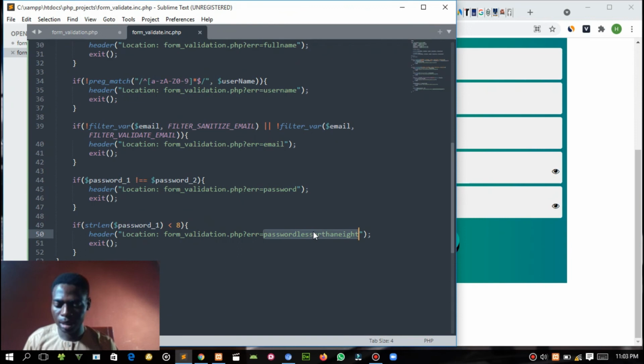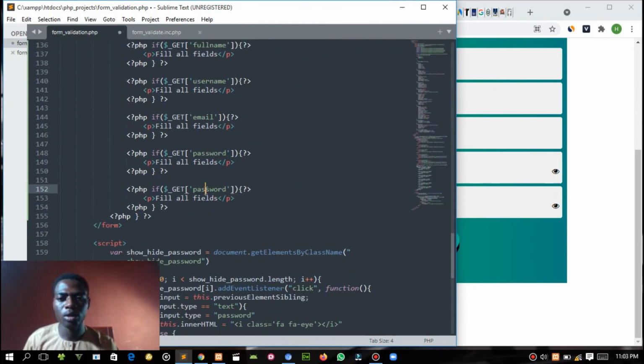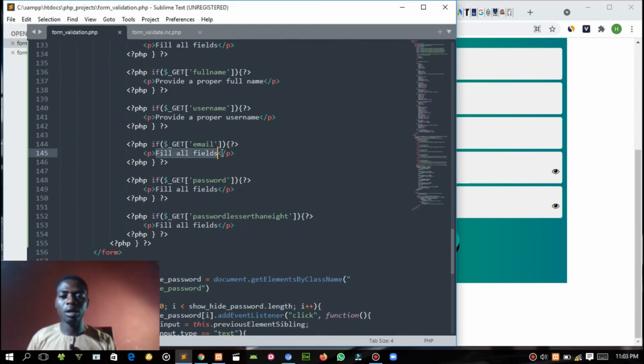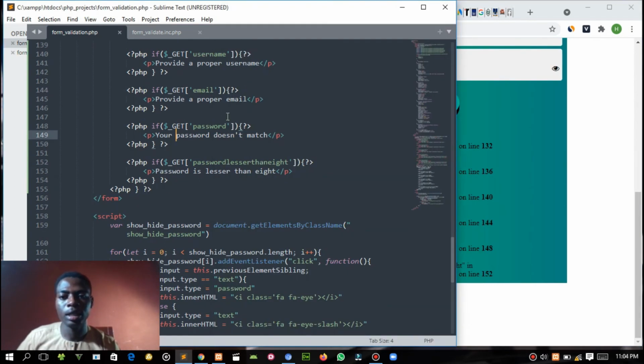Then password lesser than 8. So in this place I'll just put a customized error for filling of fields, provide a proper full name. In my next video that I'll be doing, I'll be showing how to store the data into the database with prepared statements. So provide a proper email and define array empty